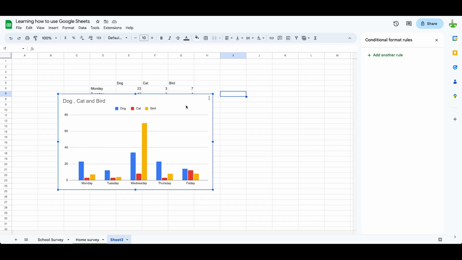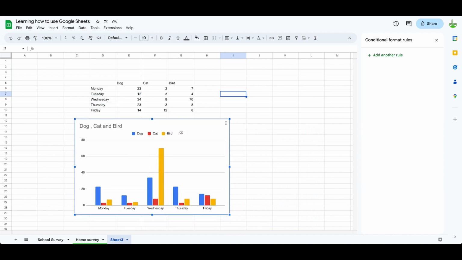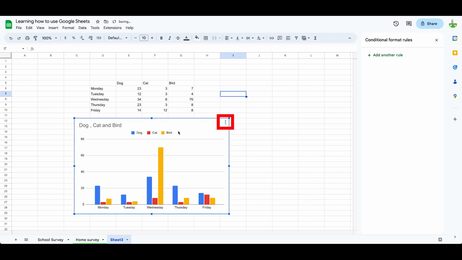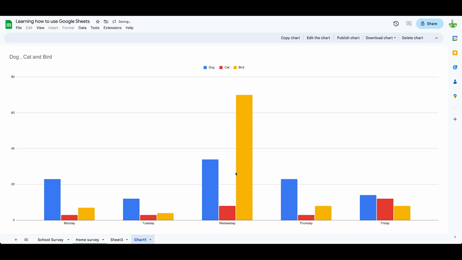The first thing I want to do is get it off of my data. I can move it around, but actually I prefer to put it into its own worksheet. So I'm going to click on the ellipsis here, and I'm going to move to its own sheet. And so chart 1. So let's just rename that. Let's call it